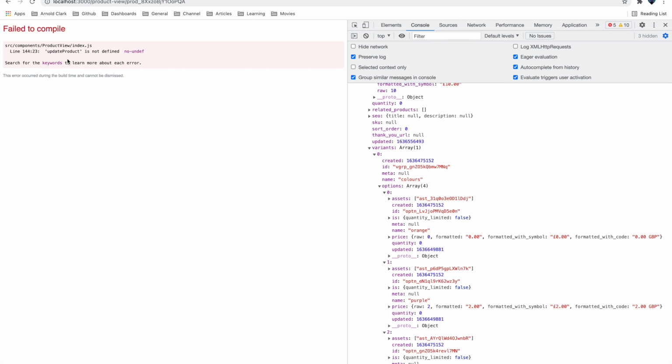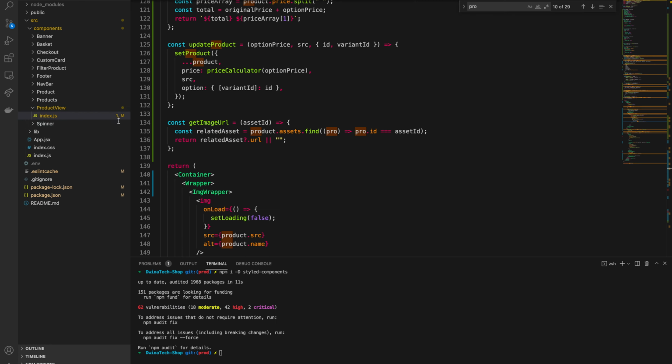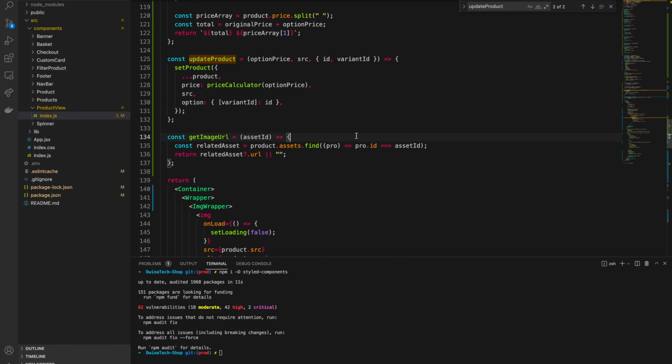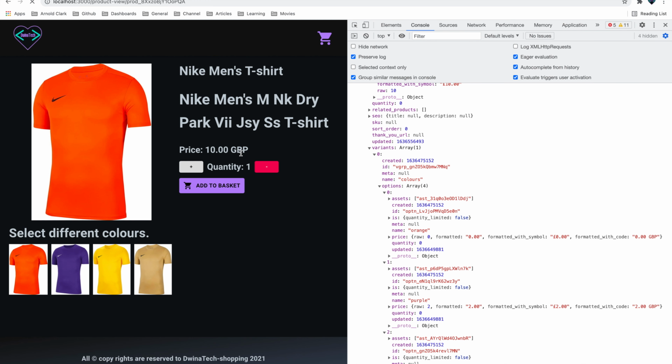It's checking here, saying product or update product is not defined. Let me check that. Oh, I need to save it. If I reload again, that is now coming back. And as you see here, when we click on this and then select a relevant one, then hit